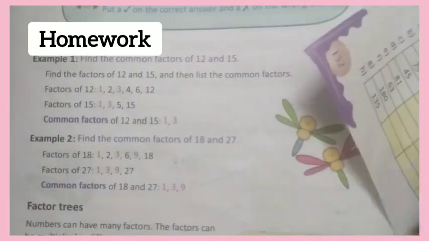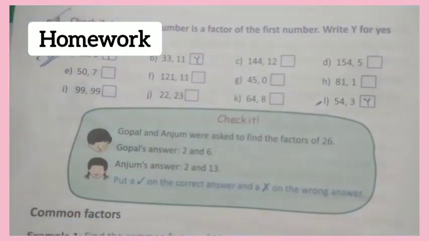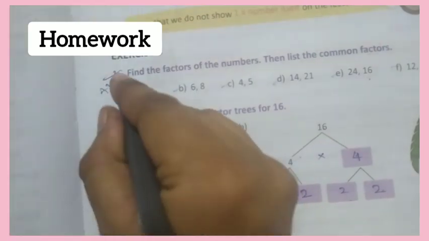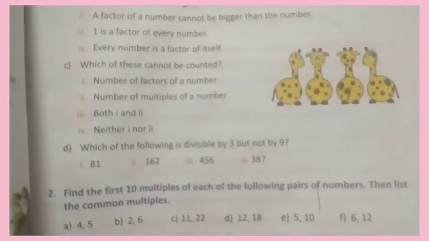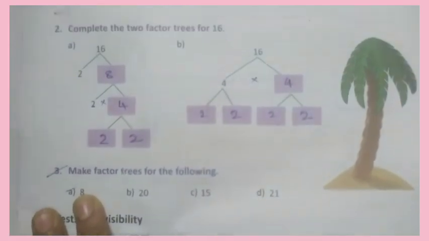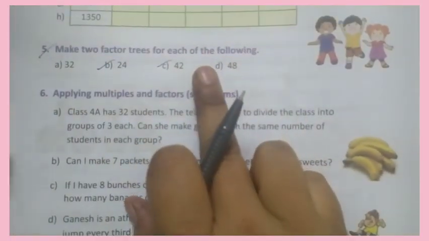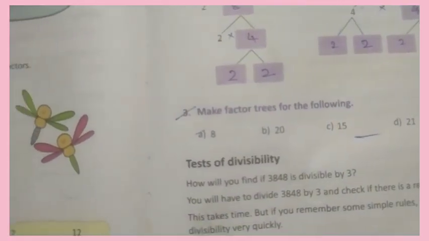And today's homework is textbook page number 150. Complete this fourth bit in your notes. After writing this fourth bit, write exercise 6 first bit. After writing this first bit, write textbook page number 153, this third bit. Then again write exercise 6 second bit, third bit. After that write this. Complete your notes up to here. After writing that bit, complete here. Okay, thank you.